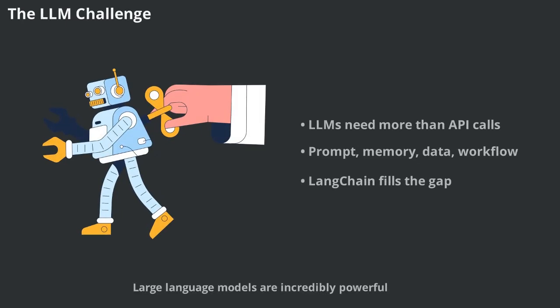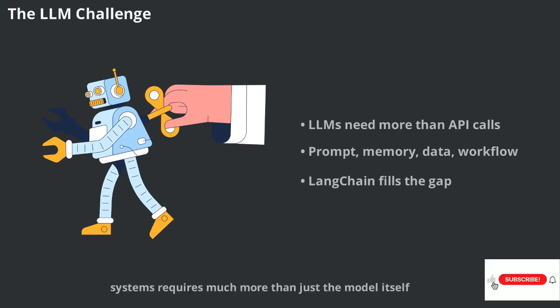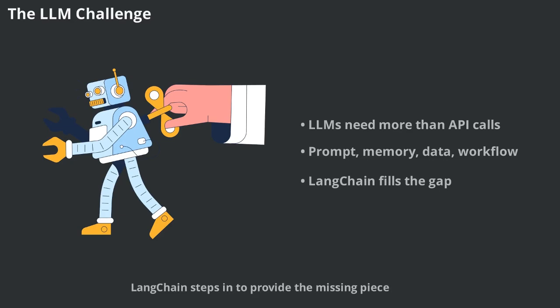Large language models are incredibly powerful, but using them in real-world applications is more than just making API calls. Developers need to handle prompts, manage memory, retrieve data, and orchestrate complex workflows. This is where many hit a wall. Building production-ready AI systems requires much more than just the model itself. LangChain steps in to provide the missing piece, offering a robust framework to manage all these moving parts efficiently. Think of it as the React.js for AI applications, giving you the components and patterns to build complex systems without